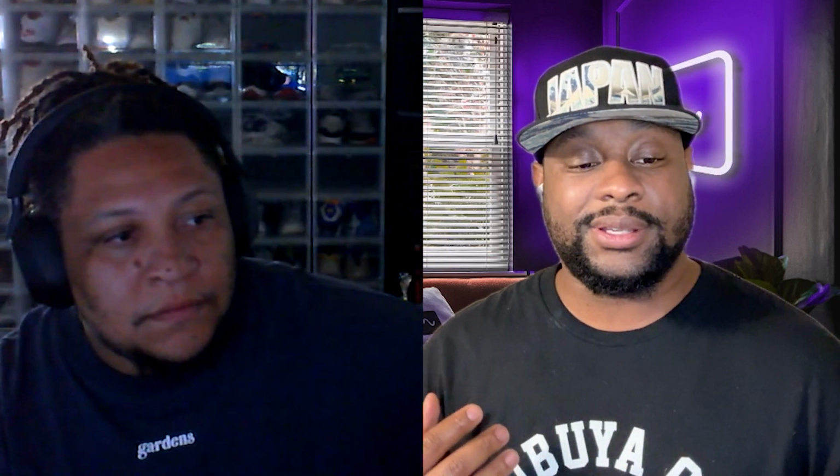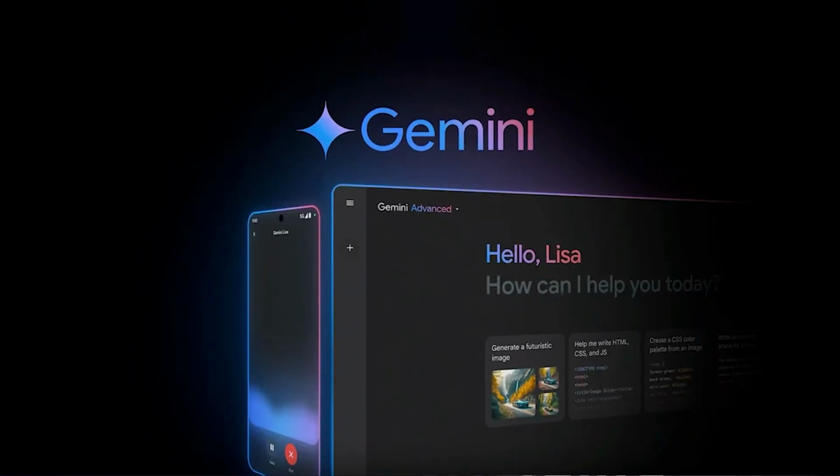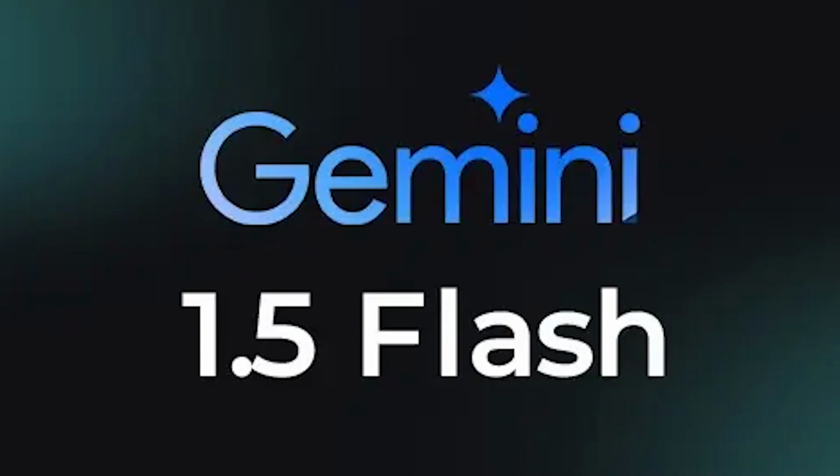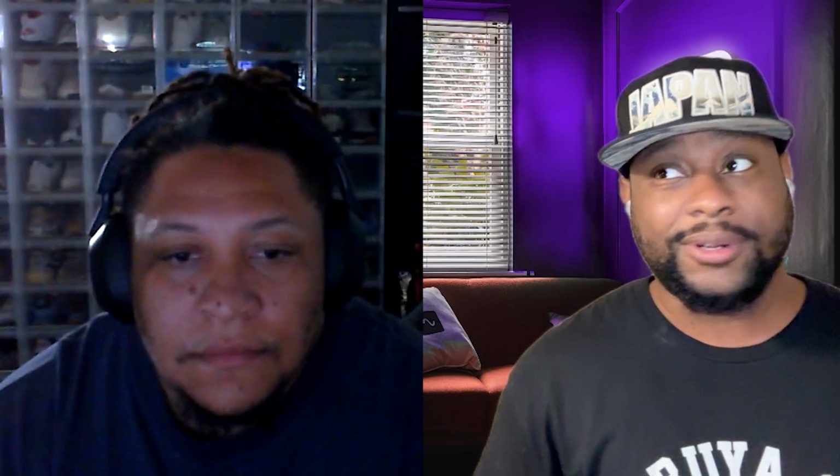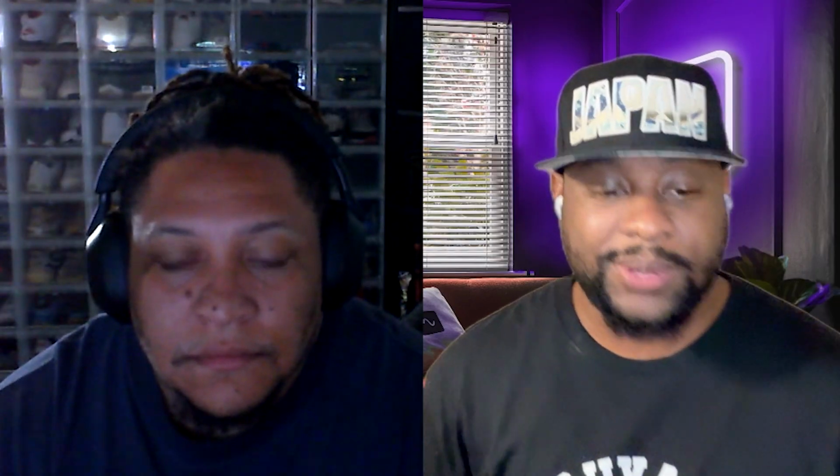So we all know that Gemini is Google's model. It used to be Bard. They have it for the advanced people that pay, like the equivalent of ChatGPT Plus, right? So you pay your $20 a month, and I think they wrapped it into their Google One. But either way, they had 1.5 Pro and 1.5 Flash before. Now they've released the 2.0 Flash experimental model. That's been out for maybe a week or a couple of days, or whatever the case is.